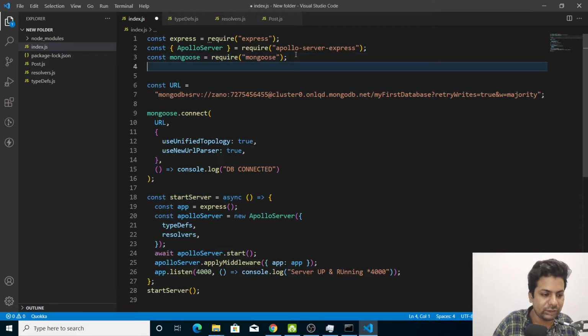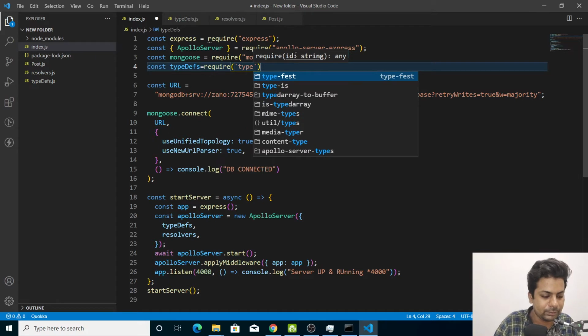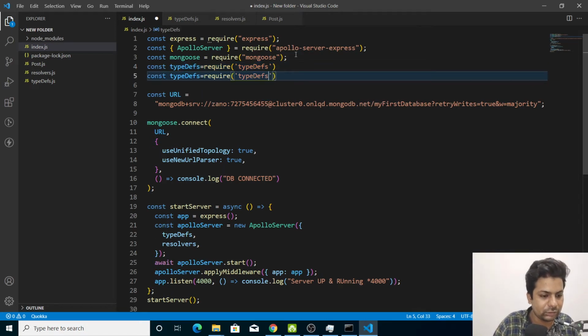But we have to import here also. So here we'll say const typeDefs equals require typeDefs, and the same for the resolvers.